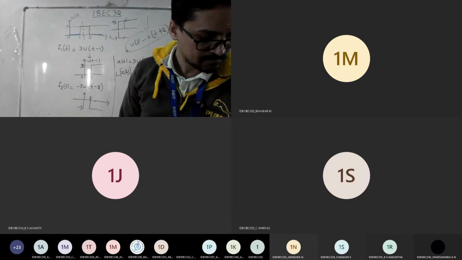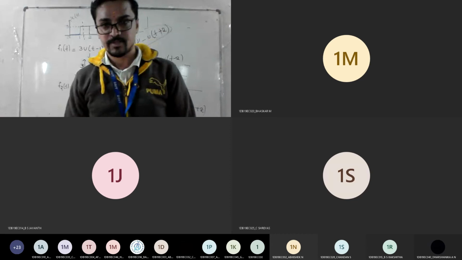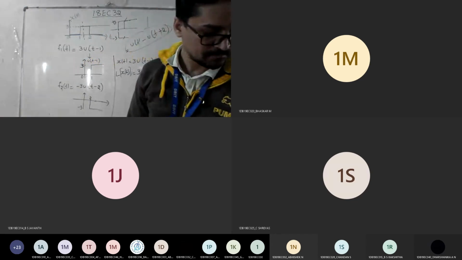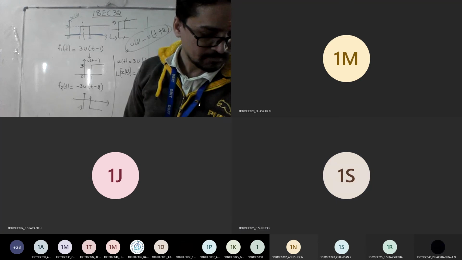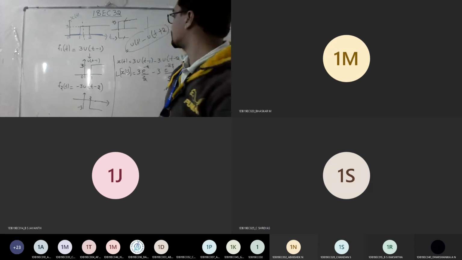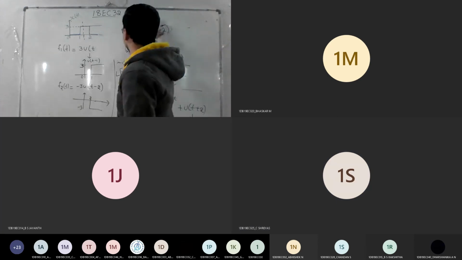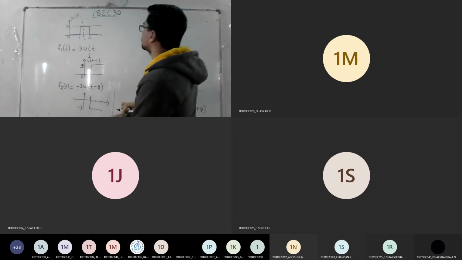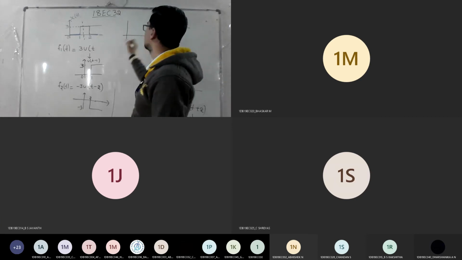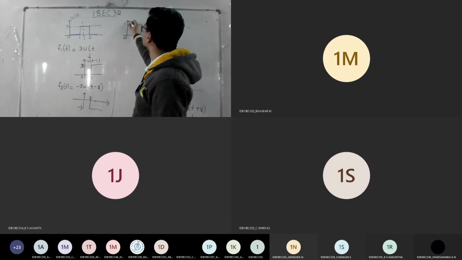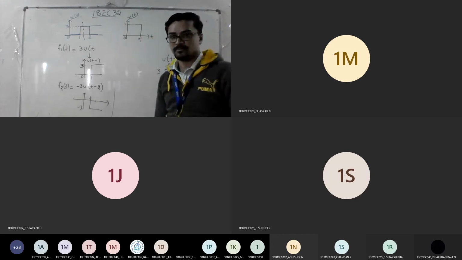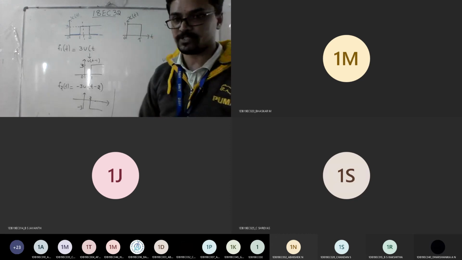Any doubts? Shall I go with the ramp signal now? The last part. Okay, you just try to get this last one. Then you'll go for the ramp. Assume that the signal is given like this: 0, 1 to t. Instead of giving the variable, they have given t itself. Plot this and get me the Laplace for this function now.